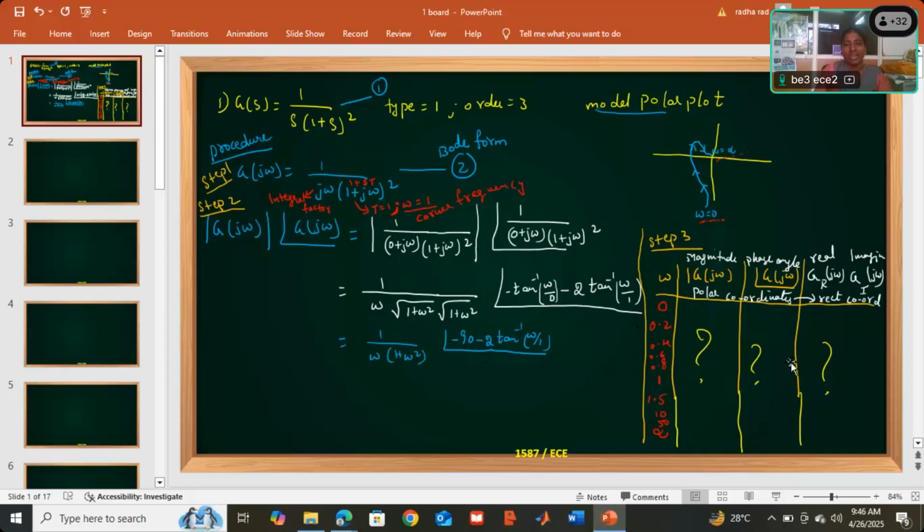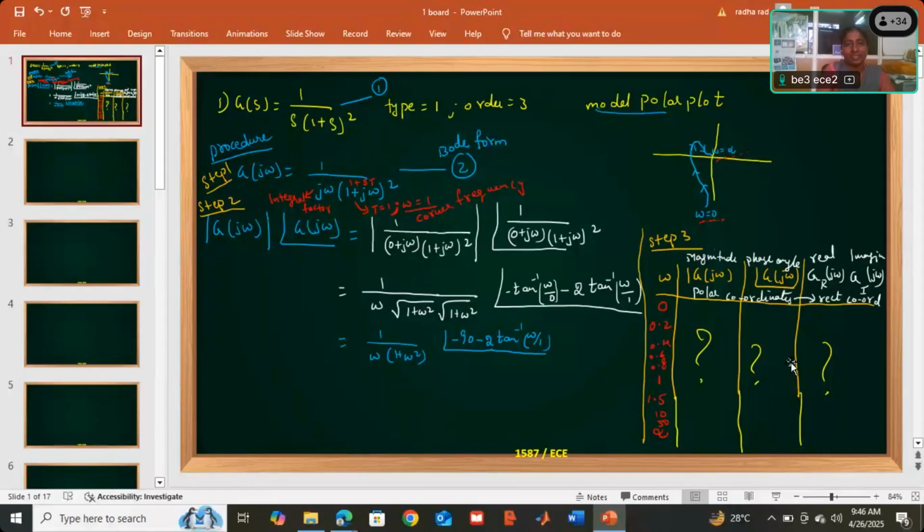If faculty is very adamant, they can talk to the head of the exam department. Graph sheets are given in the class test also, but I am not doing that. For the internal test I am not, because that is the procedure followed long ago. Internal test it is not given, but final exam it is given. That is the statement I got, so I will follow along with the rule.